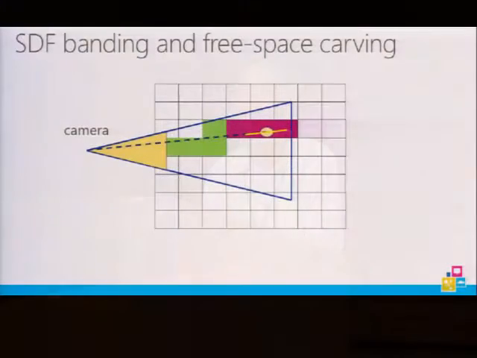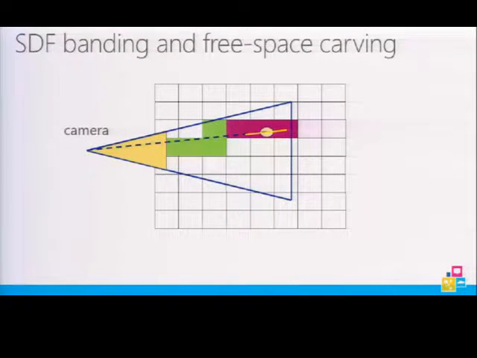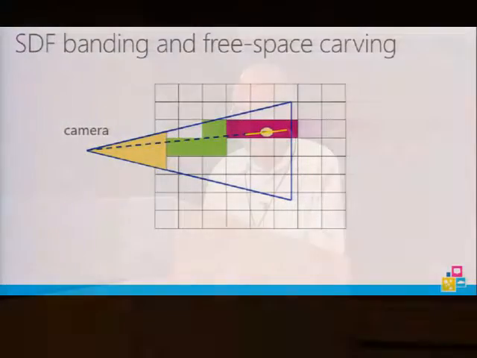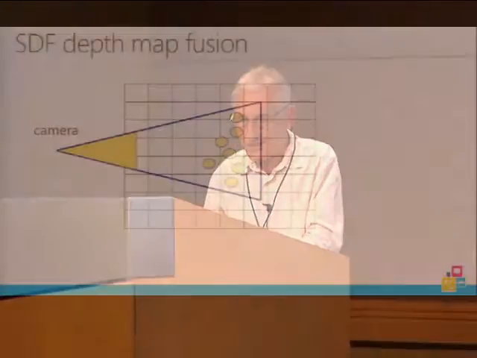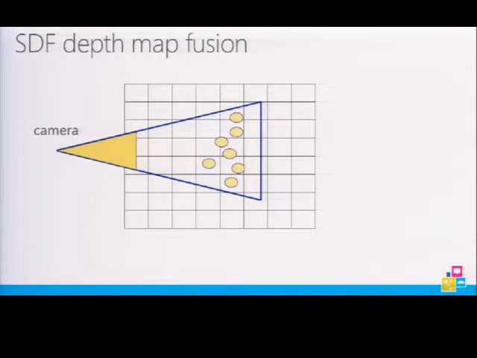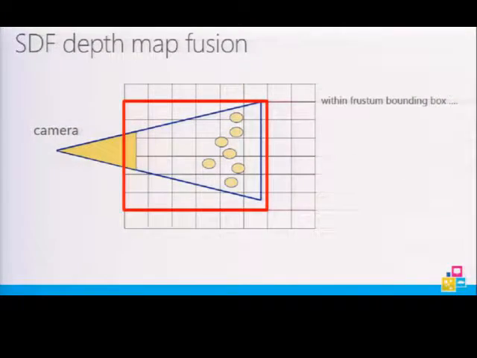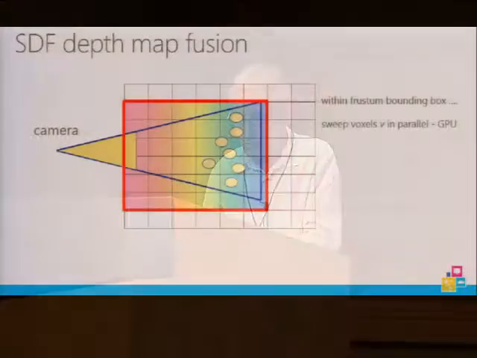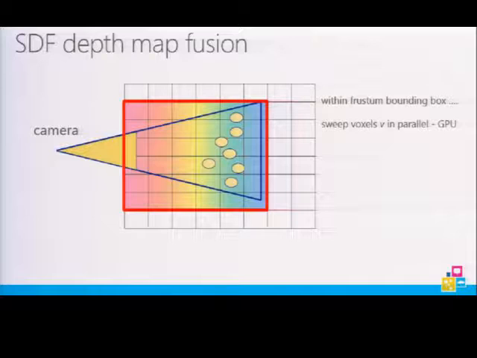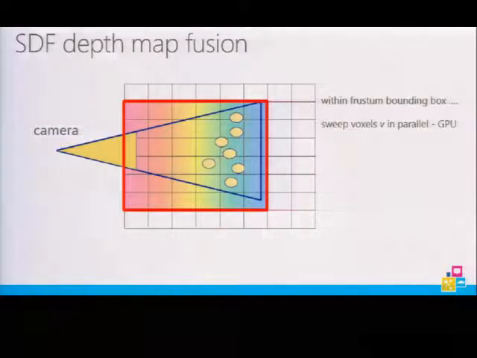And as well as constructing the signed distance over the band, of course, all of the points closer than the band to the camera are known to be free space. This is the principle of space carving, a well-known principle, and so that's additional information that the system has. And now, having done this for each of the camera views, the signed distance function is used to amalgamate the information from multiple views, and